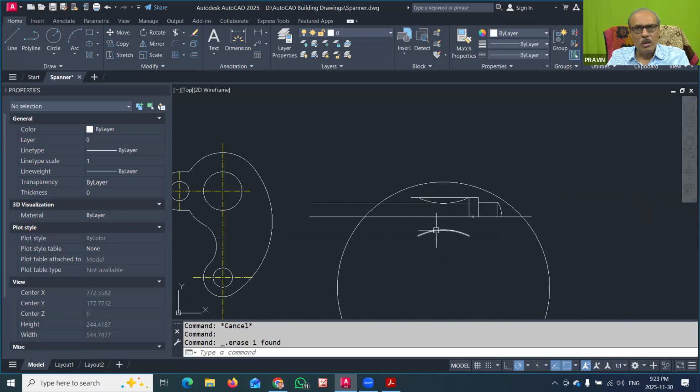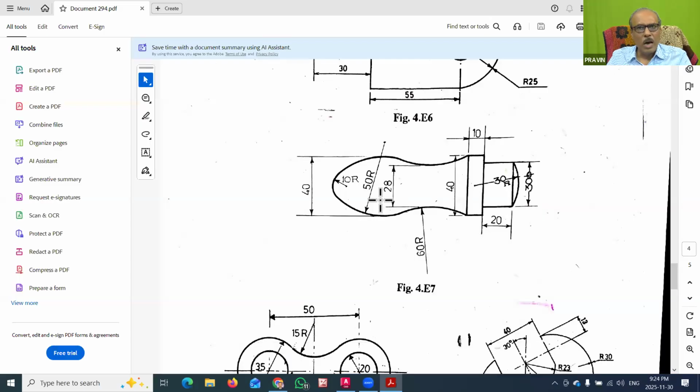So which is the circle touching to this part and touching to this part, and it is having radius of 110 and the center with this. So that we have to identify, and accordingly then we can complete this part. So dear friends, this is the challenge for all of you. So how can you do this one? I have given the clue that the center of this and this should be 110. And with this, how can we proceed? So that we have to identify this center, where the center will be, from where we can draw this circle of 50.